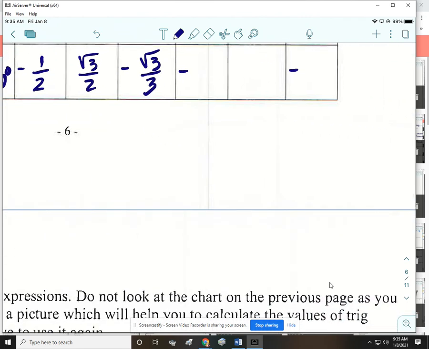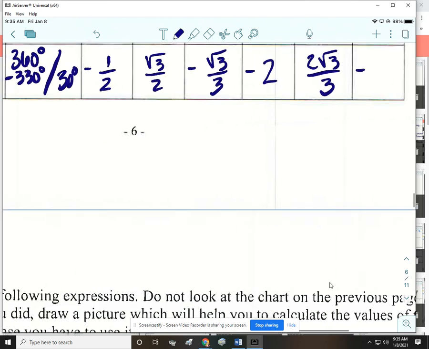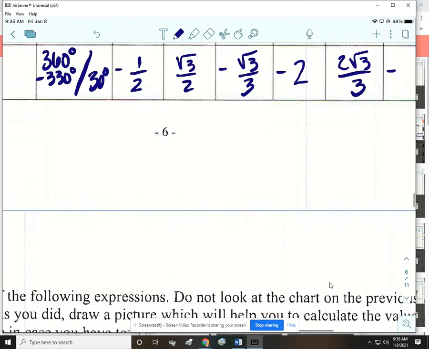Right, reciprocal of negative 1/2 is negative 2. Right, then we're going to flip over the square root of 3 over 2. So that's going to give us 2 over the square root of 3, or 2 square root of 3 over 3. Right, and then when I flip over for the tangent, I just, in my head, go back to what it was before. Before it was